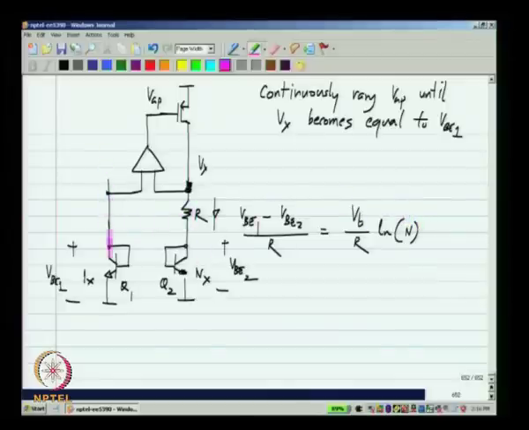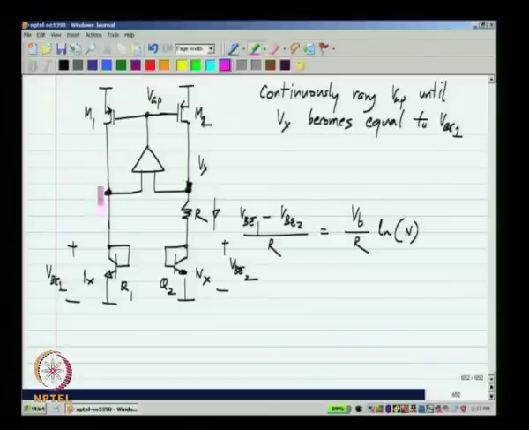I have not shown how to bias the transistor Q1, but the current in this has to be exactly the same as that. Now, the current in this has been adjusted to the right value if everything is working properly. Okay. So, we can replicate that into another PMOS transistor and bias it. Okay. Now, M1 and M2 are identical.